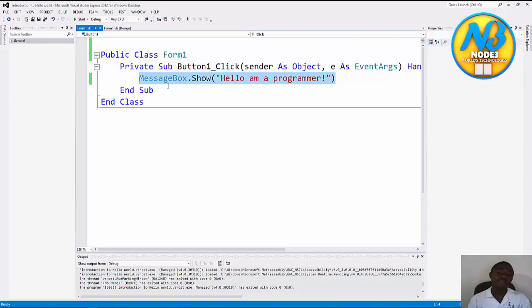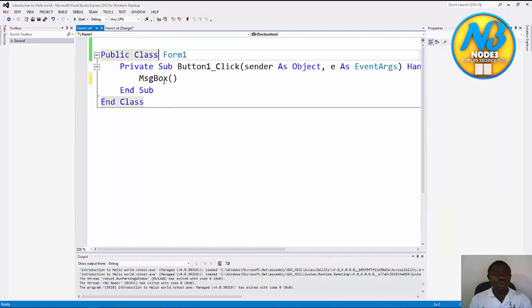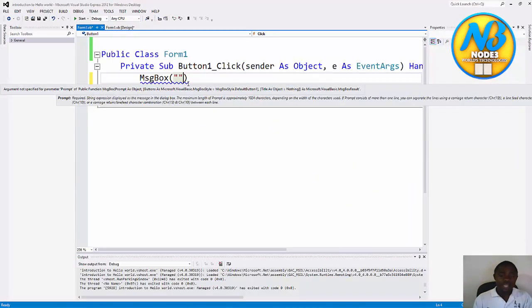Instead of typing messagebox.show, we will just cut everything short. So that will be msgbox. msgbox is the same as messagebox.show. msgbox is the advanced code of messagebox.show, and it's the same way you need to declare